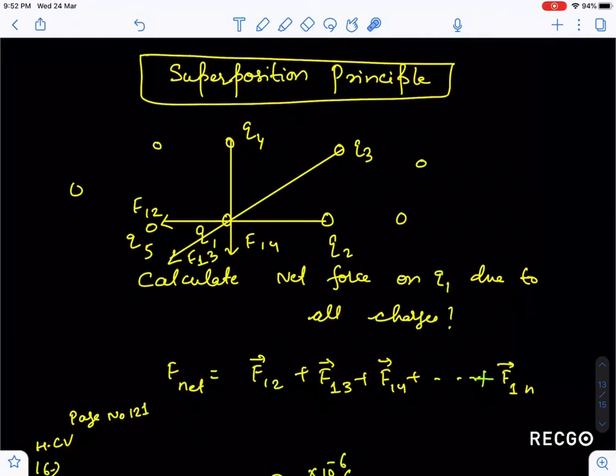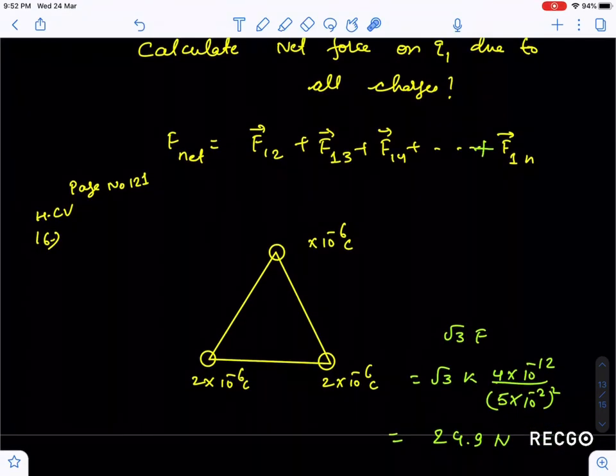For making this concept clear, I have taken one more question from HCV. This is question number 16 of HCV. In the last class, we discussed 2 questions, a concept question and one another question. If you strictly follow the lectures, you can solve HCV in class 9th and 10th only. So you should sequentially see all the lectures and try to solve the questions given in HCV.